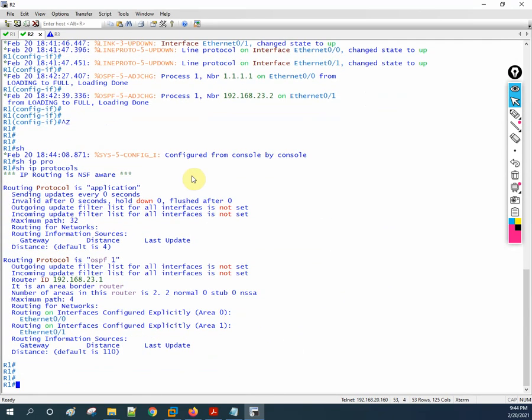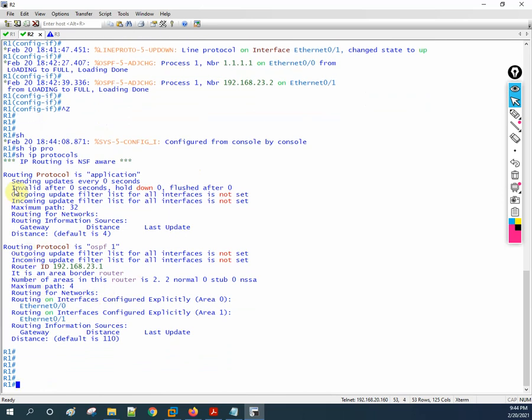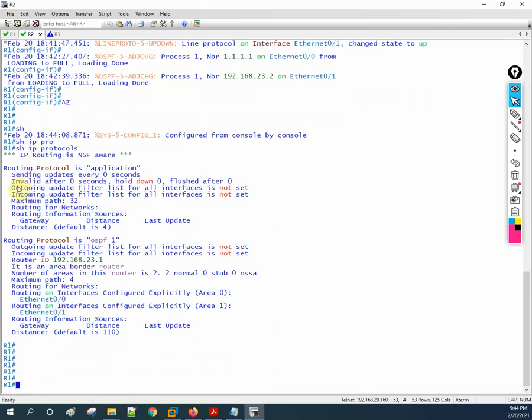See here, when we type show IP protocol, it shows that it is an area border router. If you remember, the area border router is the router which makes the connection between area 0 and the different area. So if you see, this is router 2.